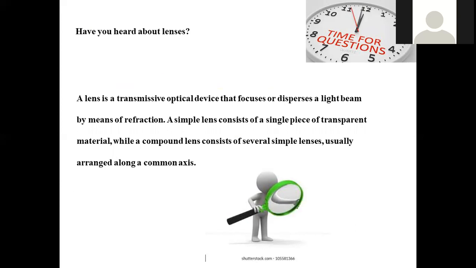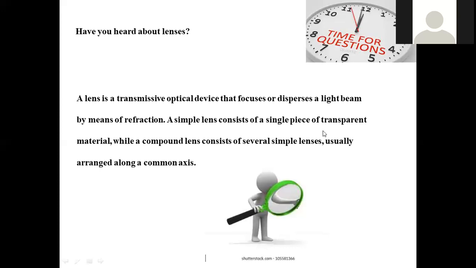When the lens is kept in the path of light, all the light rays converge at a particular point. Otherwise, converged light may be dispersed in different directions. A prism is the best example for dispersing or diverging light rays, right? Here, convergence of light is possible by using this magnifying glass. In both cases, we are using this glass apparatus called a lens. The lens is a transmissive optical device that focuses or disperses a light beam by means of refraction. In both cases, refraction is carried out.